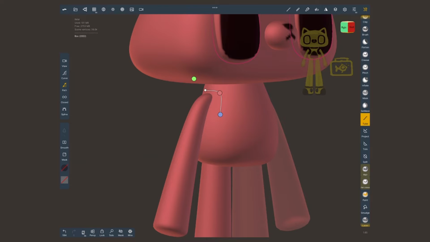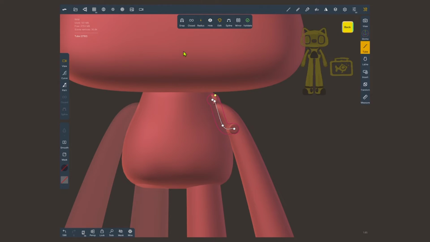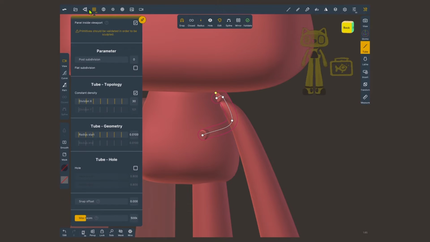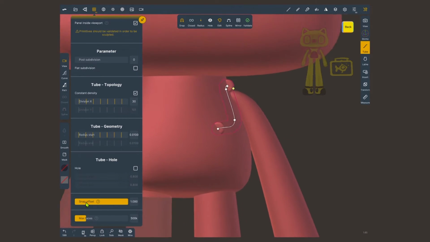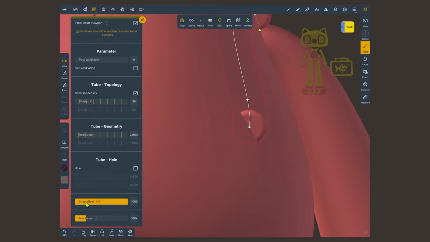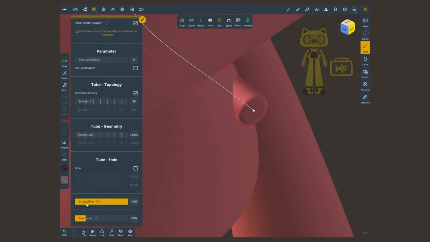Most of the missing shapes are easily created with the tube tool. To make these straps look like they're going around the shoulders, it's very important that you activate here on the top snap, so every time that I move a point, it's gonna stick to the surface. I'm also gonna go to the topology menu, and at the very bottom, I'm gonna increase this number, snap offset. You might notice that at the moment it's snapping at the very middle of this tube, but by changing this to 1, now it's snapping to the outer edge of my tube.